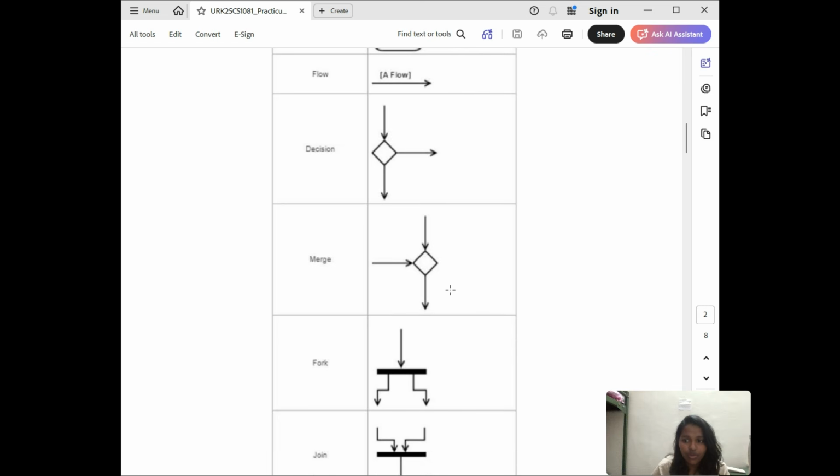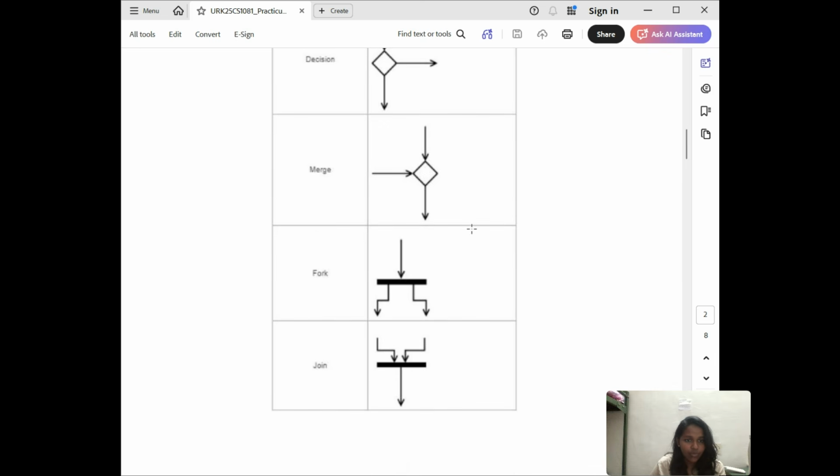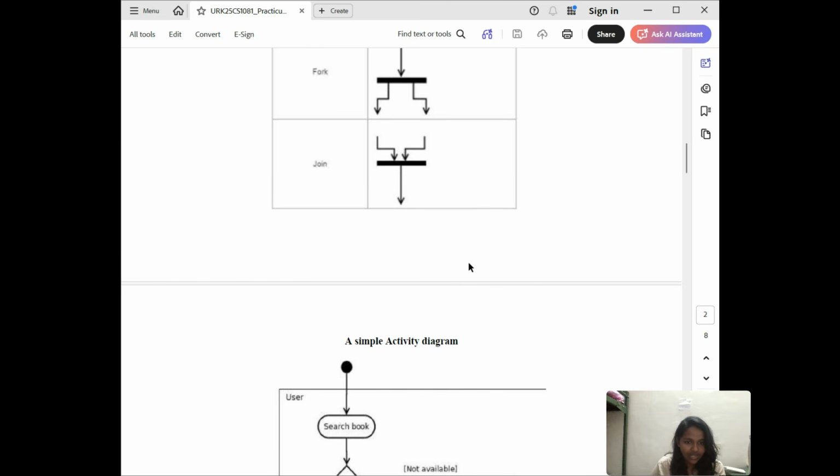Decision nodes are used when the system has to choose between different paths based on a condition. Based on the decision being true or false, it will go according to that path. For example, the login being either valid or invalid. If the login is valid, it will go to the home page. But if it is invalid, it will ask the user to retry the password again. So decision nodes help to go to various paths based on the decision being valid or not. This is also how merge, fork, and join are used in an activity diagram.